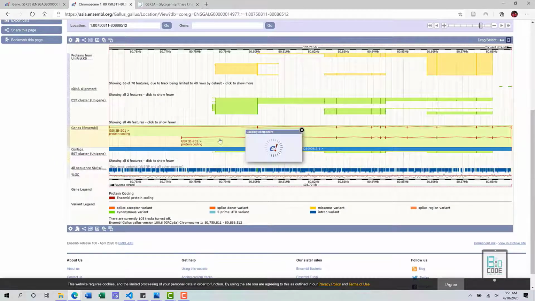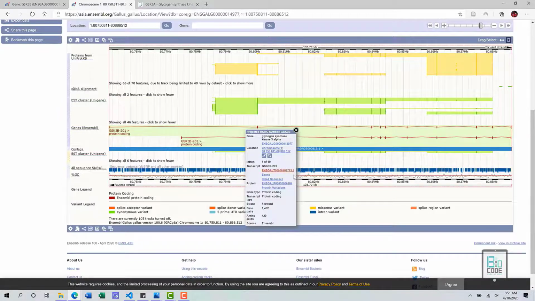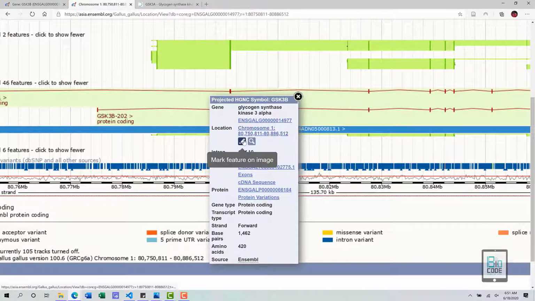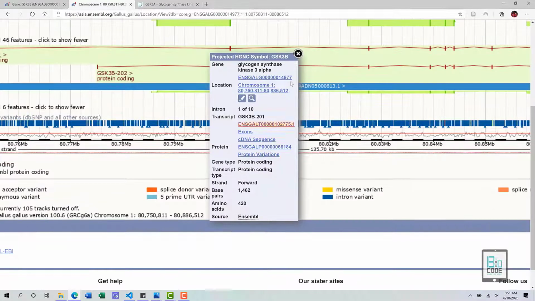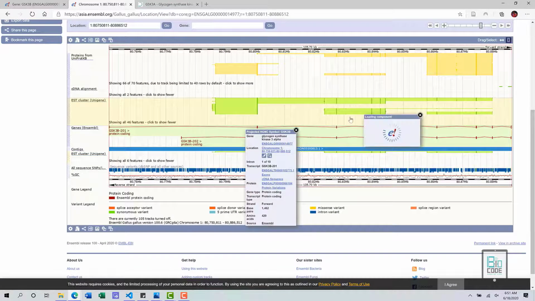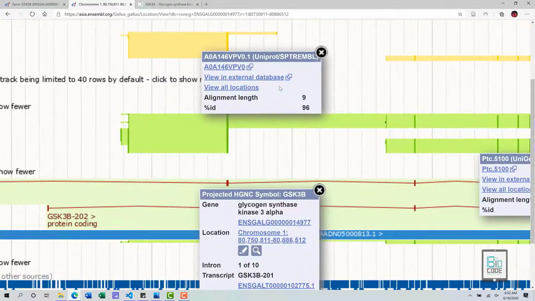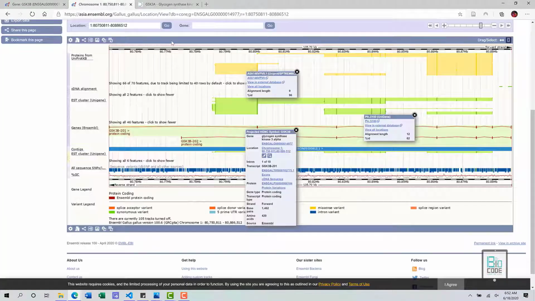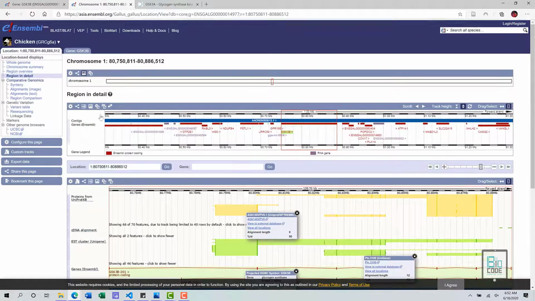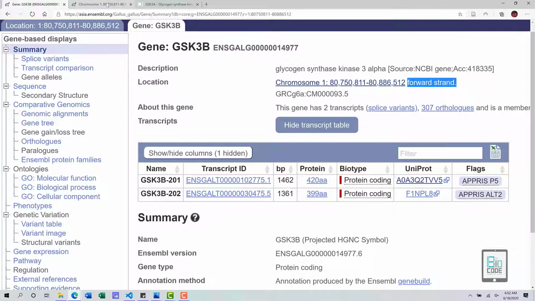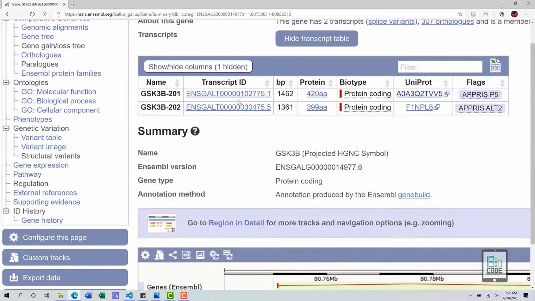If you click on any particular gene or any particular piece of information, it will open up a box and you can click on that to find more information. You can find the protein that is encoded, protein variants, transcript ID, all sorts of information just waiting to be analyzed with one click. You can then understand in a more meaningful way as compared to other databases. So this is the usefulness of utilizing Ensembl as compared to other databases. Let's go back: these are the proteins that are coded by the transcripts that we saw earlier. Let's close this one and analyze our other sections.